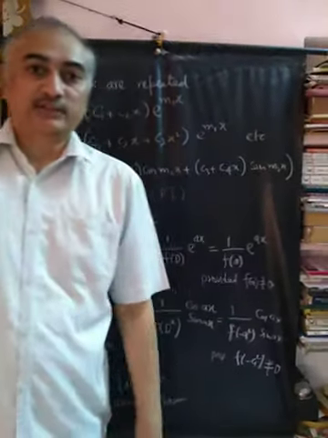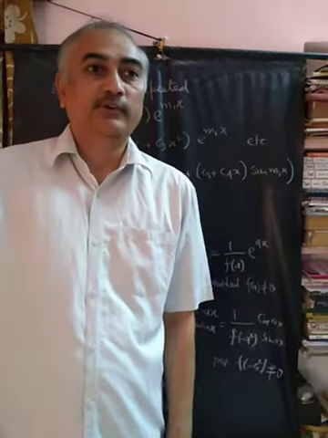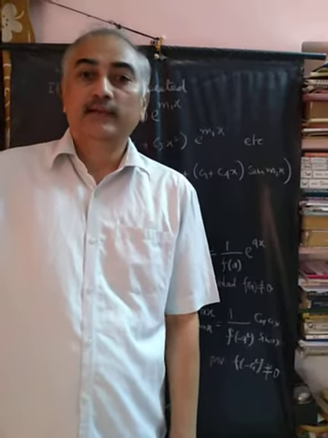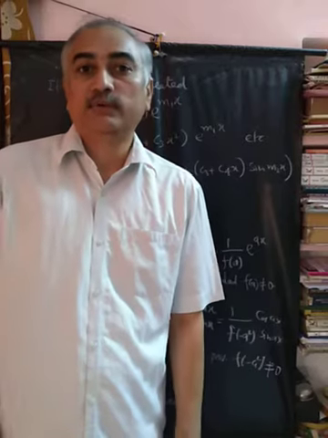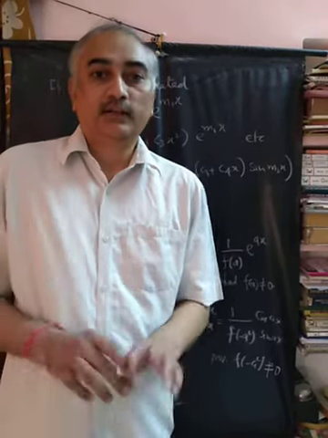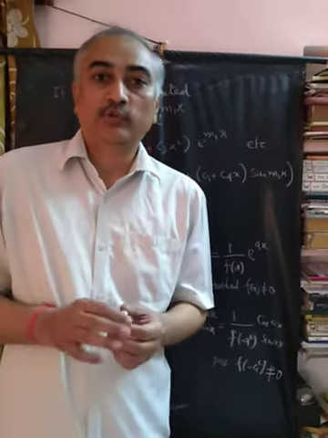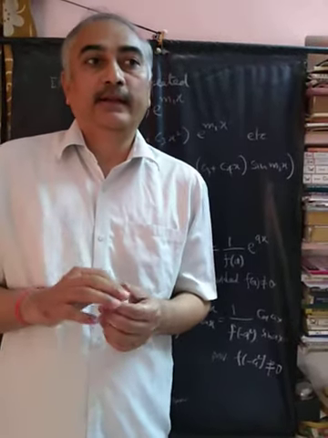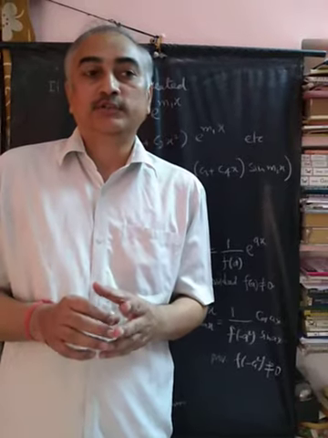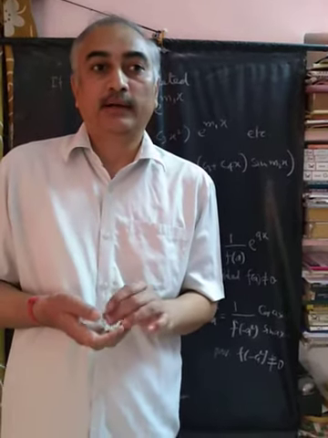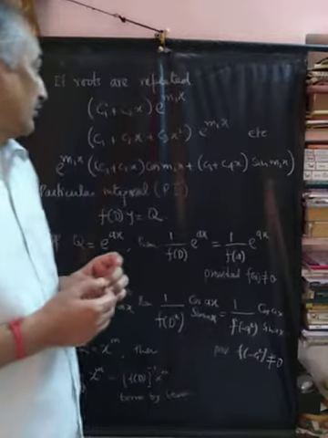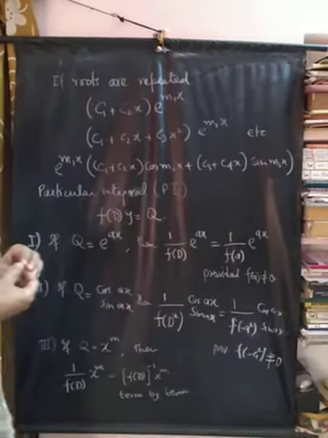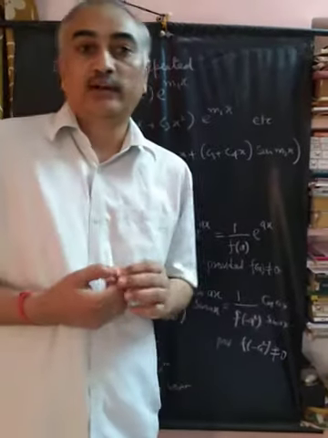So welcome to this lecture. In the previous lecture, we found the solution of linear differential equations with constant coefficients. The equation was f(D)y equal to Q, where f(D) is a polynomial with constant coefficients and D was standing for d/dx. Now, what we did there was to solve the auxiliary equation.